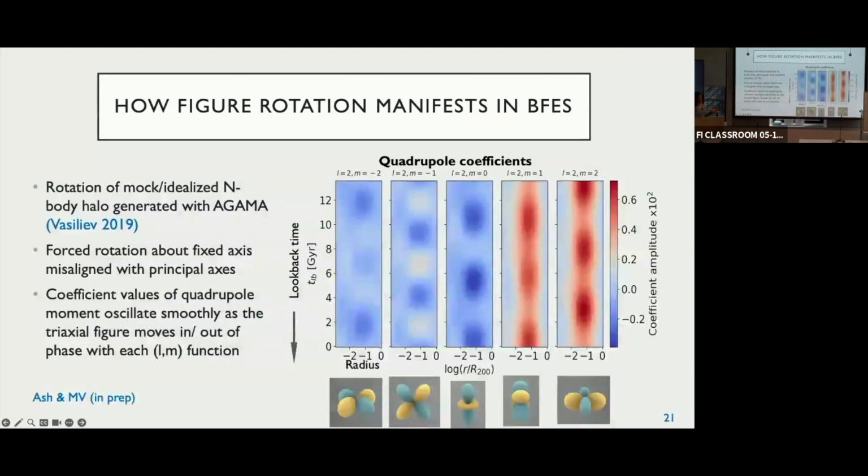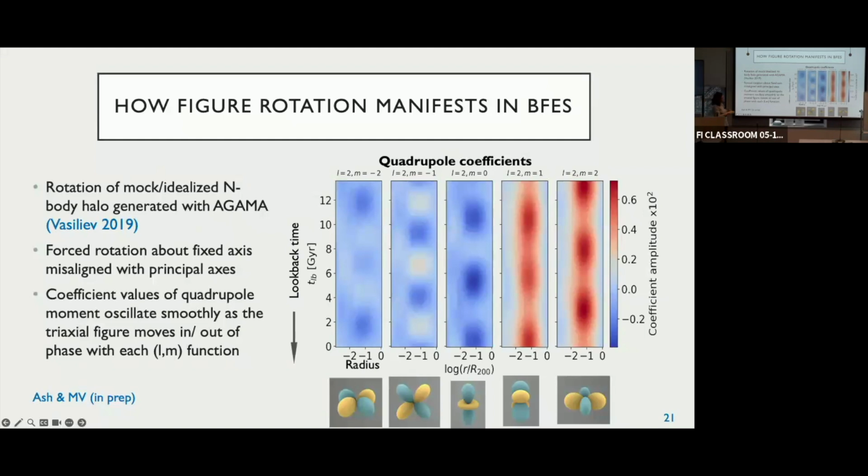is that you can actually use it to measure figure rotation. So we did this experiment where we set up an n-body triaxial halo using a package called Agama, written by Eugene Vasiliev, and we rotated it, a nice idealized n-body halo, and computed the quadrupole coefficients as